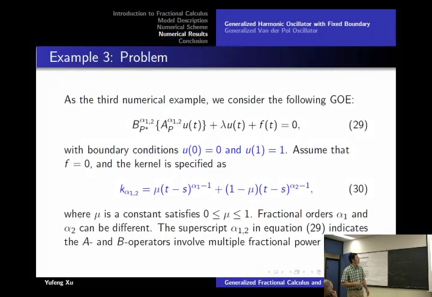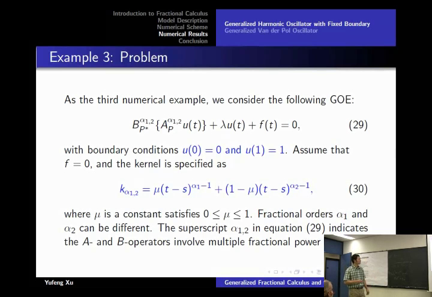And as the third example, I can see the kernel like this. This kernel is nothing but the linear combination of two types of singular kernel, because we know that the alpha minus 1 kernel appears in the Riemann-Liouville integration and the Riemann-Liouville derivative. So I made a combination of them. It is like considering two fractional derivatives at the same time, because this is linear and I can